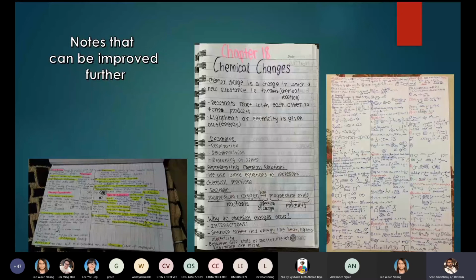So you might miss out a branch or a functional group which is really important or something like that, right? So that's why I say if you want to create good notes, make sure you give some space, some air, for the notes to breathe, and also for your eyes to breathe, all right? And if you look at the middle one, I think it's